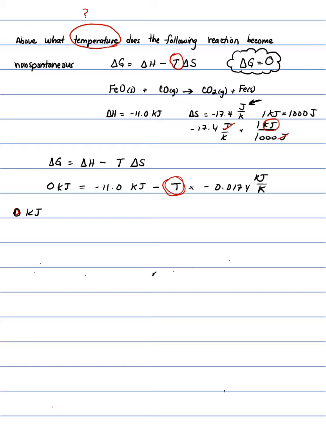So all of this plus 11 kilojoules, and you have to do the same thing on the other side. So 11 kilojoules will be 0 on the right side, and then on the left side you have your 0 plus your 11 kilojoules, which is going to be equal to